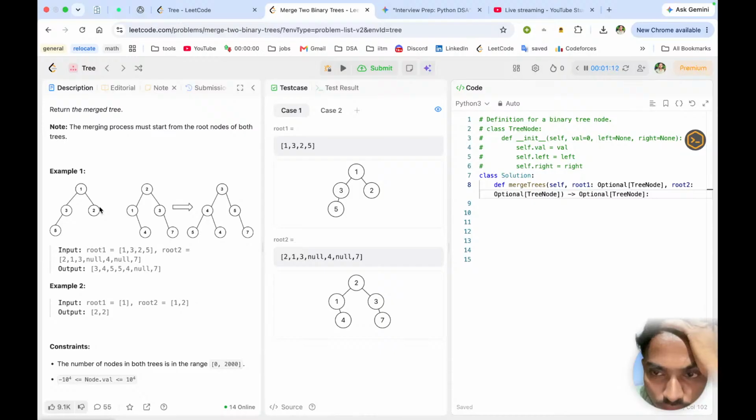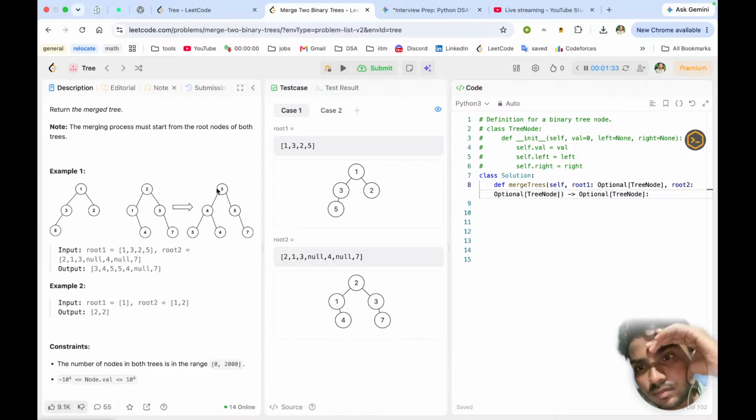What I am trying to say here, suppose what I could do here, from 1 1 2 3, right? Suppose I am on this one node, what I will do, I will take it as a sum to the 3,